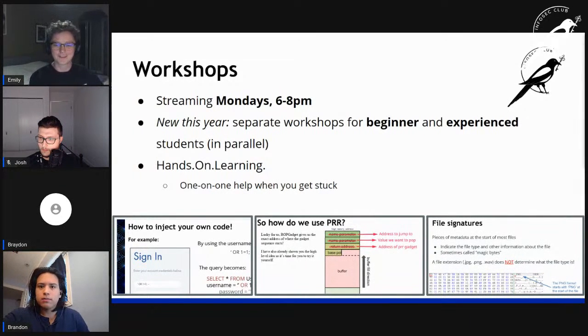The final thing is that the goal of all of these workshops is hands-on learning. There's a lot that you learn in class, but there's more that you can learn by actually doing it yourselves. So the goal is to get you working on this stuff. We will be there to help you if you need it, and if we're busy helping other people, we really strive to foster a club culture where you can also help each other.